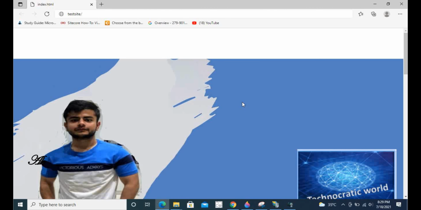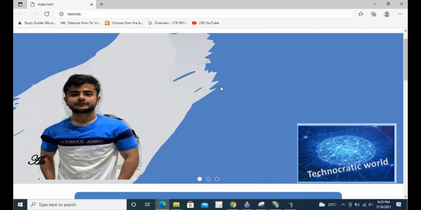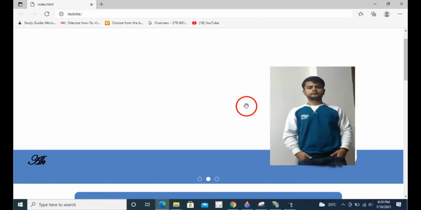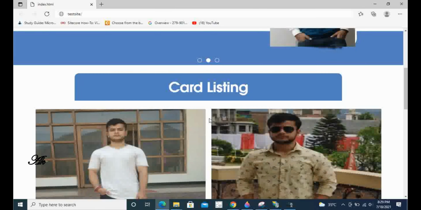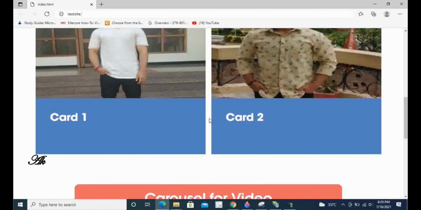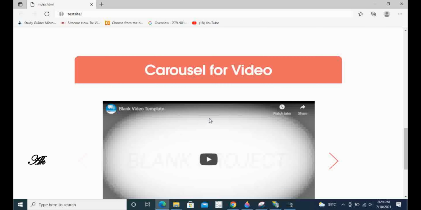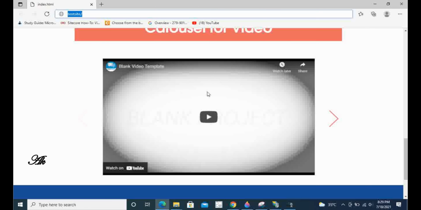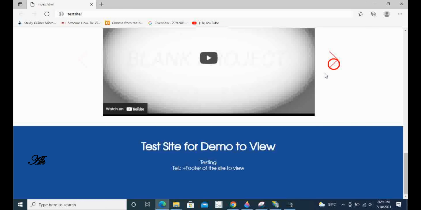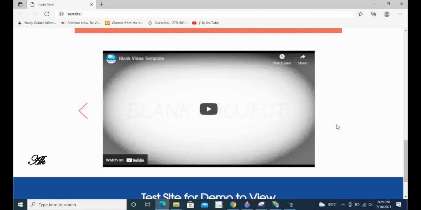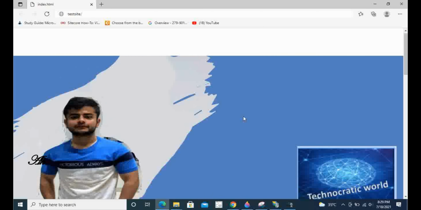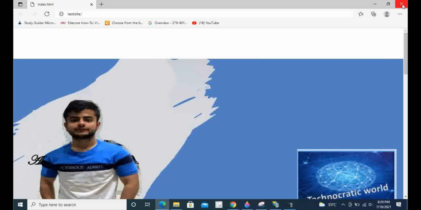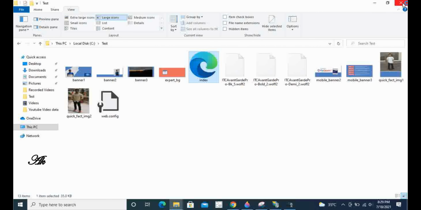So with these simple steps, if you follow each step throughout the video, then you will be able to create your own website, create your own HTML, then view that same HTML in the web browser by hosting it. Follow all these steps to make sure that it will work in your system.